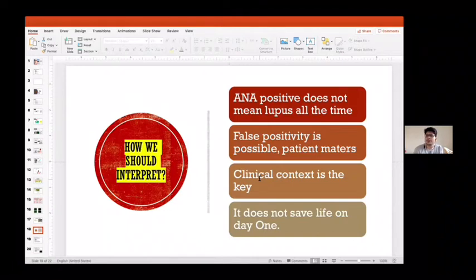Now tomorrow they come to me that you have 1 plus nuclear pattern of ANA. So you consult any physician or not. So now I go to physician and still the story continues. He also doesn't know what to do. So that must not happen.